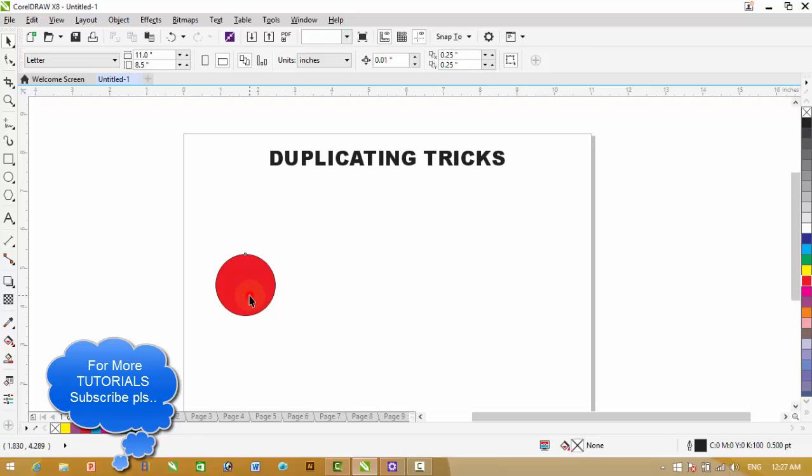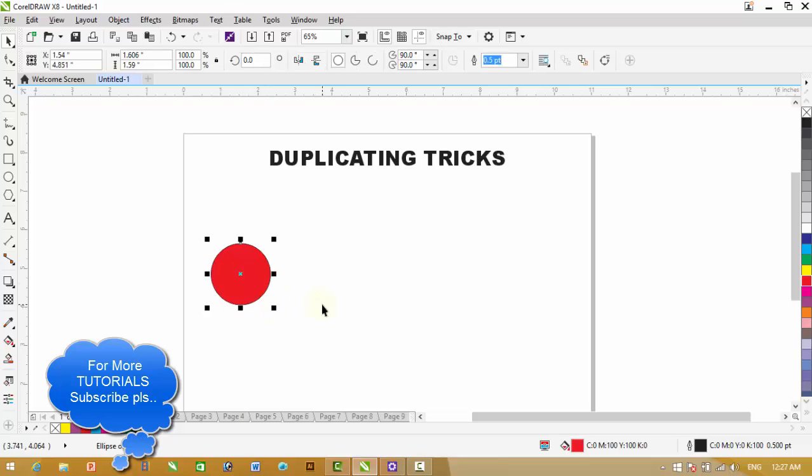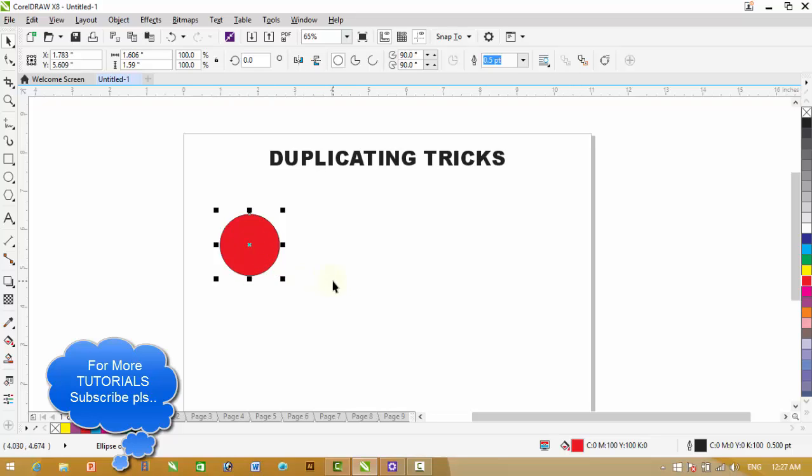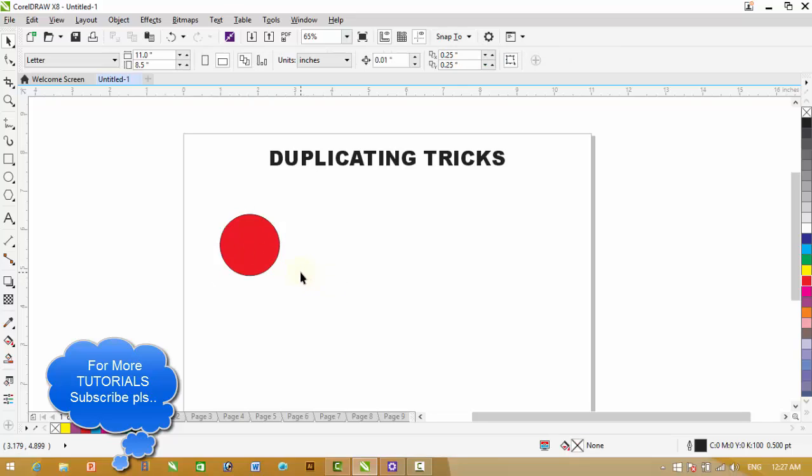But here is a trick, and it is very important to understand, because with the help of this trick we can speed up our job, and we will be able to enhance our work well while we combine this trick with some other commands. So it is very important, and it is that if we want to create a copy of this object,